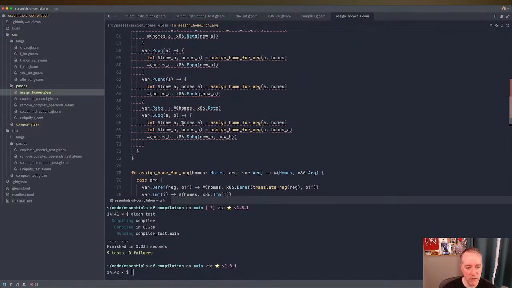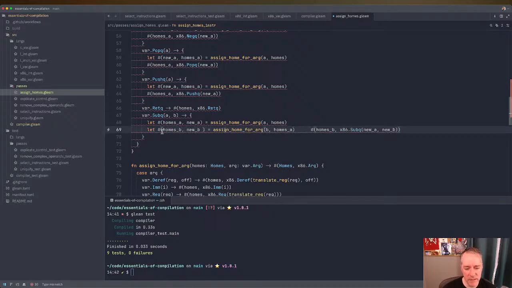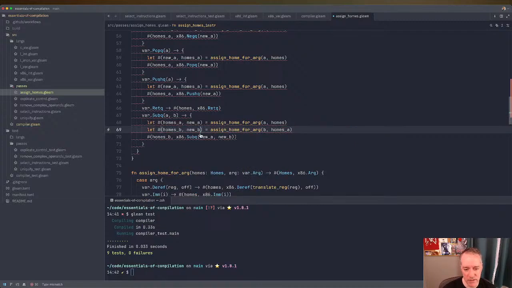Okay, and then we're going to go up here and we have to flip these in a lot of places. You know, it's probably not strictly necessary to do this. I just feel like there's